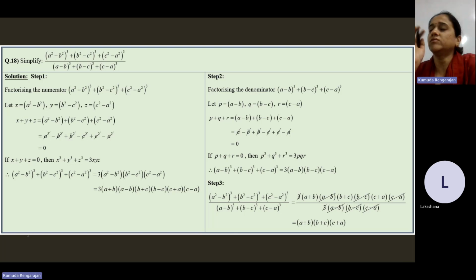Yeah, so what's the identity we are working on in this one? You didn't put the if in the right place. What is the condition and what's the identity? 0, that's the condition. If x plus y plus z is 0, then